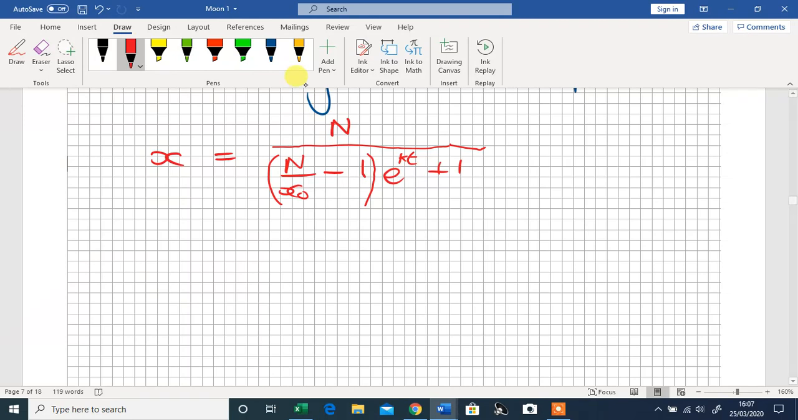We'll call that, I always highlight the equation numbers in red, so I'll write down that that's equation 2. Now, what do we need to do now? Well, we are given